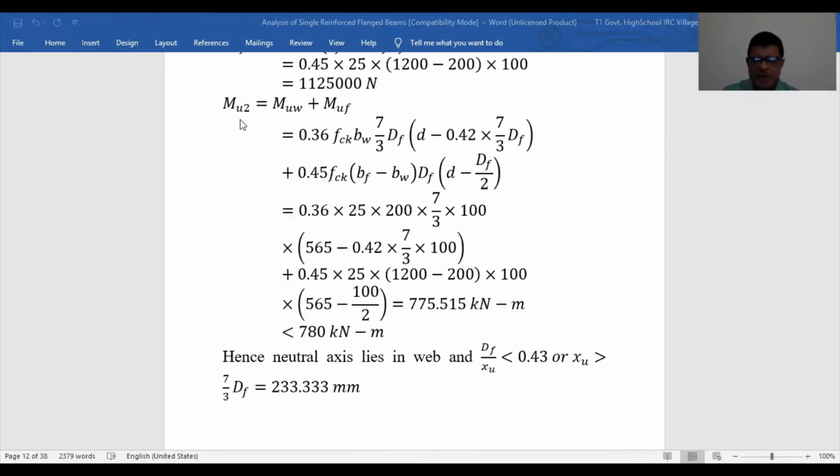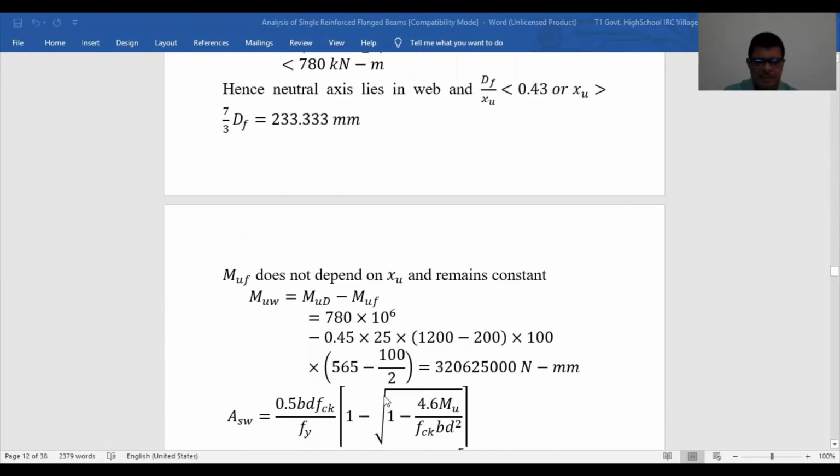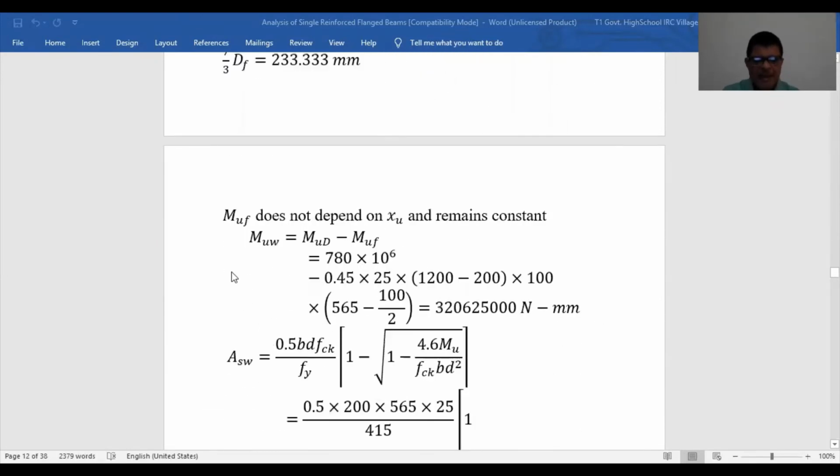Because if you take xu value is equal to same, because you are taking df by xu is equal to 0.43. So if xu value is more, then it will achieve 780. If it is less, it will be less than that moment given. So xu must be greater than 7 by 3 df. So now find out the value